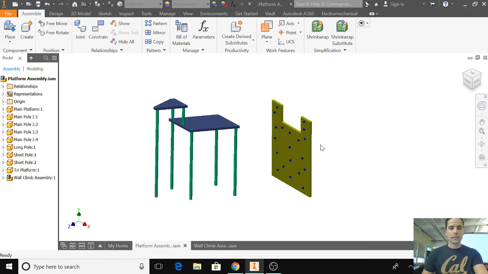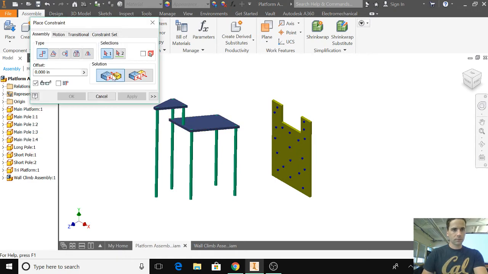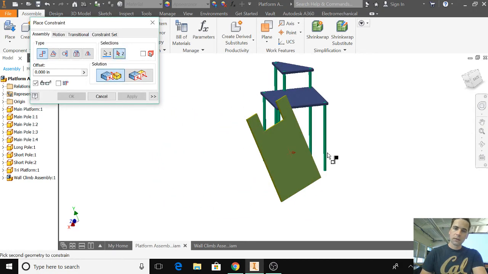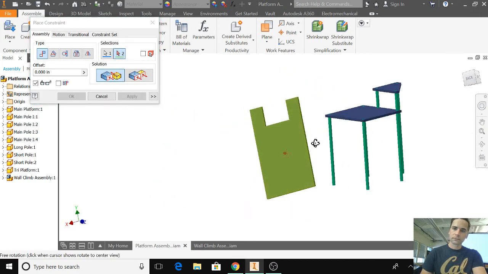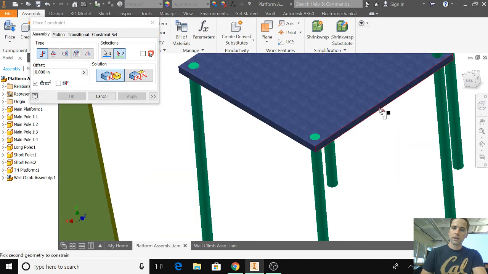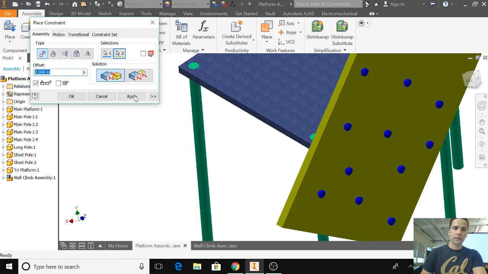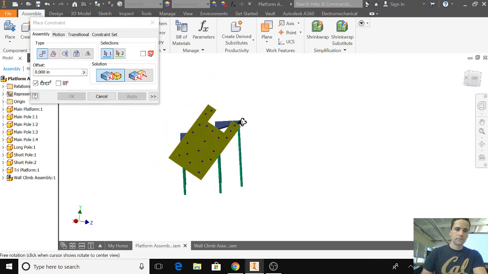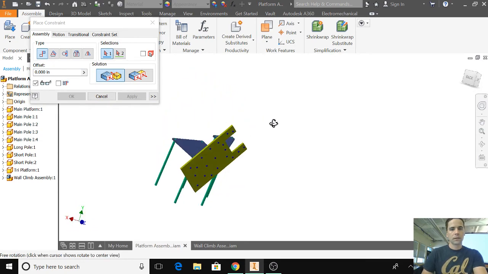We need to mate the back of this to here, so I'm going to constrain. I'm just going to use mate, and then the back of the wall to the back of the main platform, like that. I hit apply, and it looks a little crazy, but that's totally fine because I know that I can fix